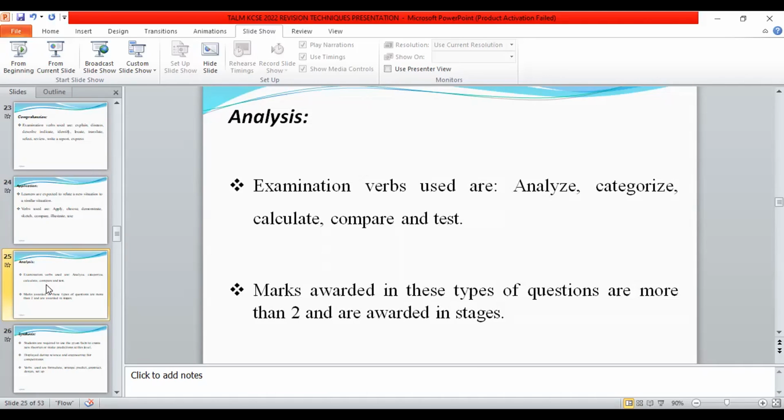That is why, again, as we are coming to note, when you look at biology questions where students are expected to calculate, they are not doing very well in such questions because maybe probably some of them could be having negative attitude towards mathematics. But again, we are saying that it's because they are not able to do analysis, or they don't understand this level very well. Then we have synthesis.